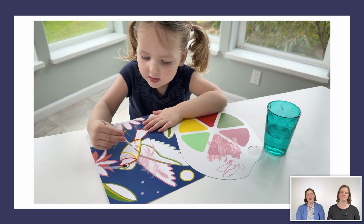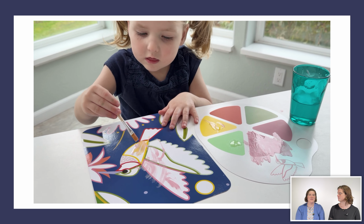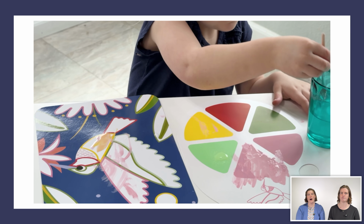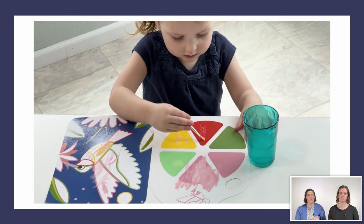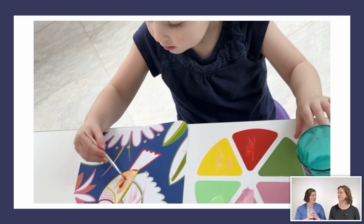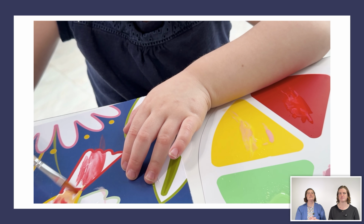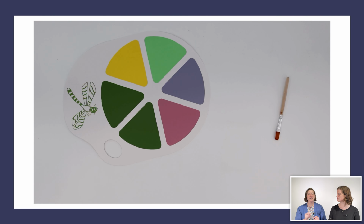Next, we have the Garden Bugs paint set, and this is brand new this year, and we are really excited about it because we've tried a number of different just add water paint kits and been very disappointed and very frustrated with weak colors and ripping paper. Yeah, wimpy. It's just frustrating. And this is not one of those sets. This is a real life, just add water, thick